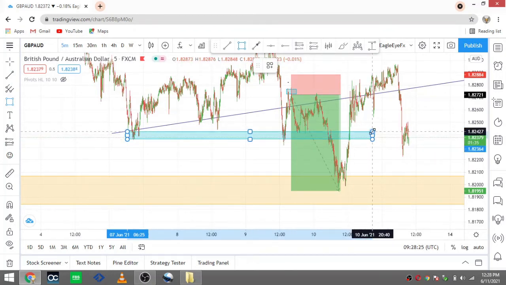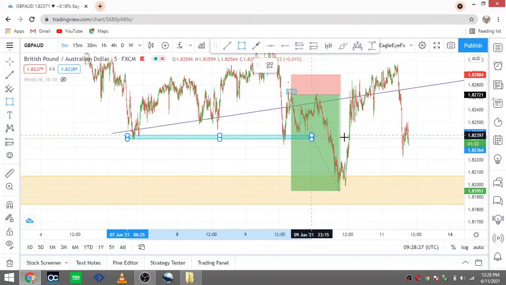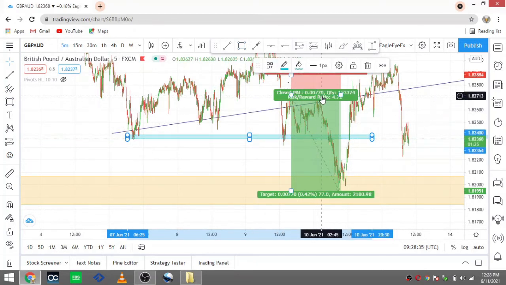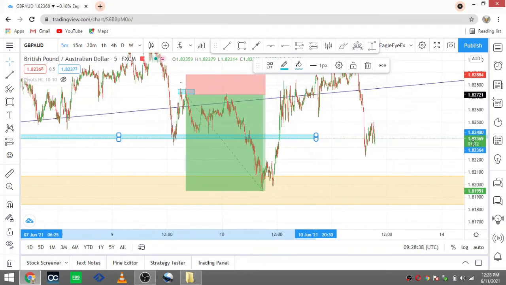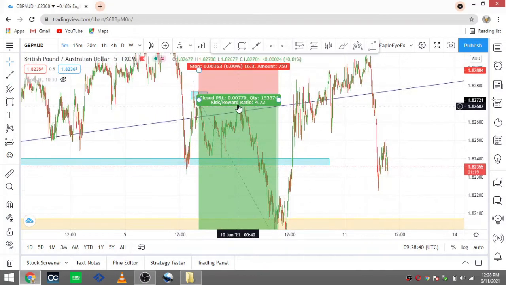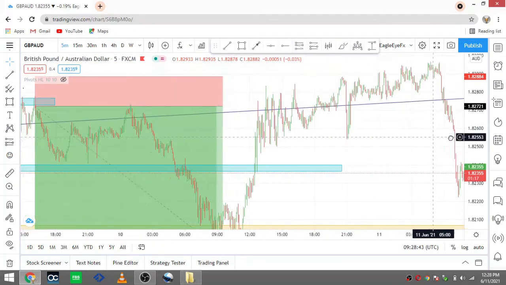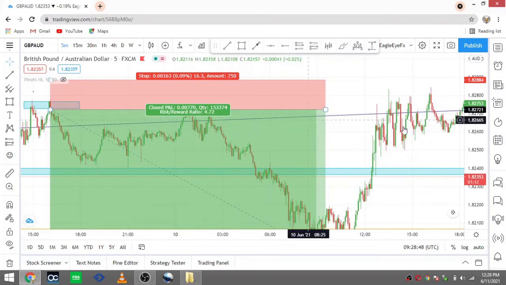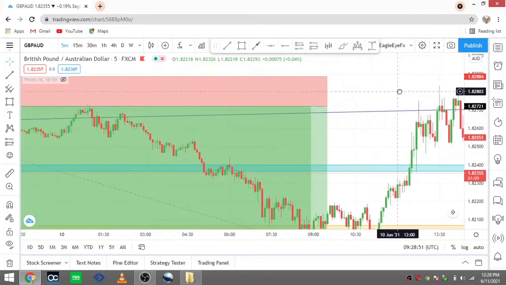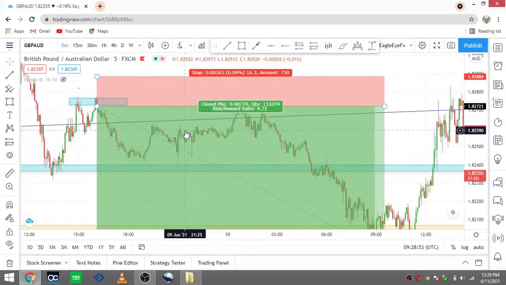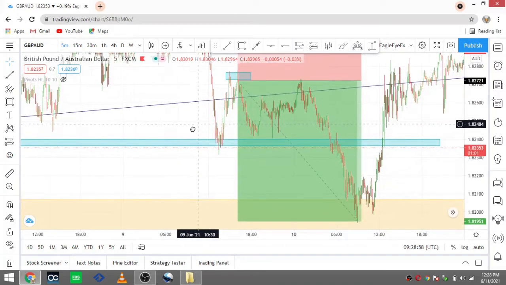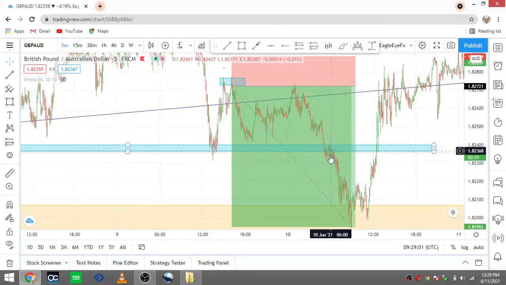The moment the market reached here, as you can see, it came, then came back again. I was still holding it, came back again, and then here there was also another opportunity. There was another opportunity to enter another sell here, another opportunity to enter another sell over there, but I was just holding it to see how it's gonna behave, and then it came down strongly